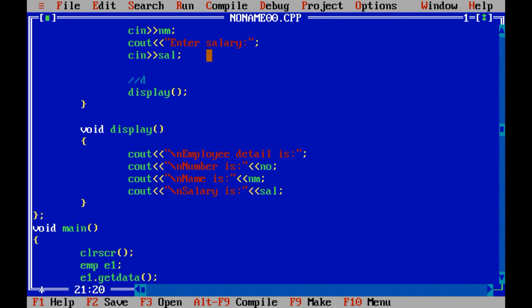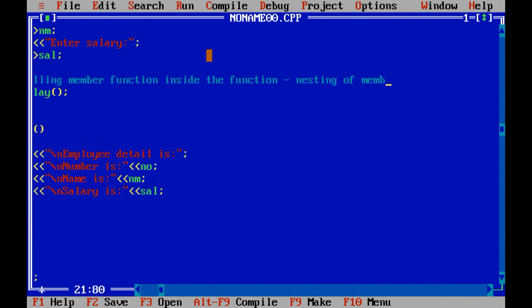Let me write the comment line: calling member function inside the function, calling member function inside the function, which is called nesting of member function.